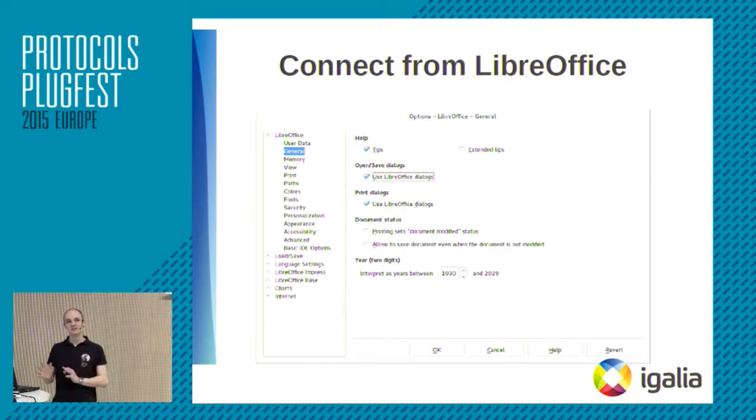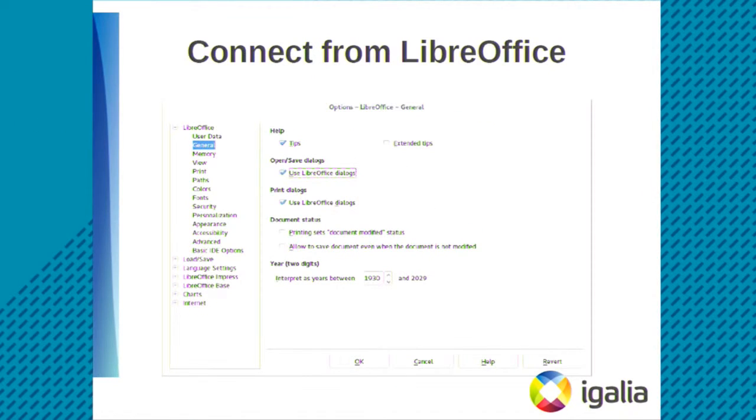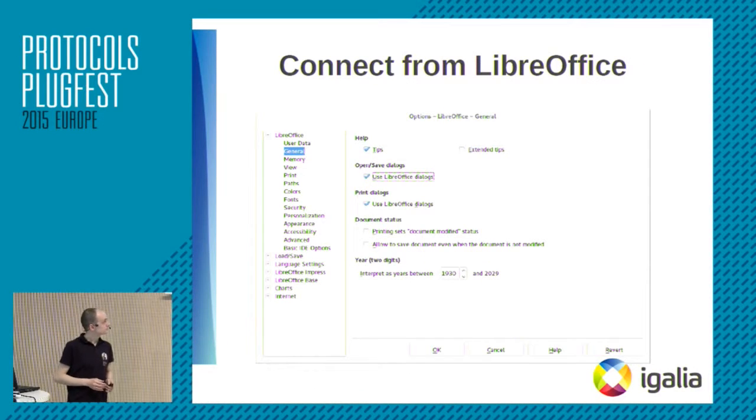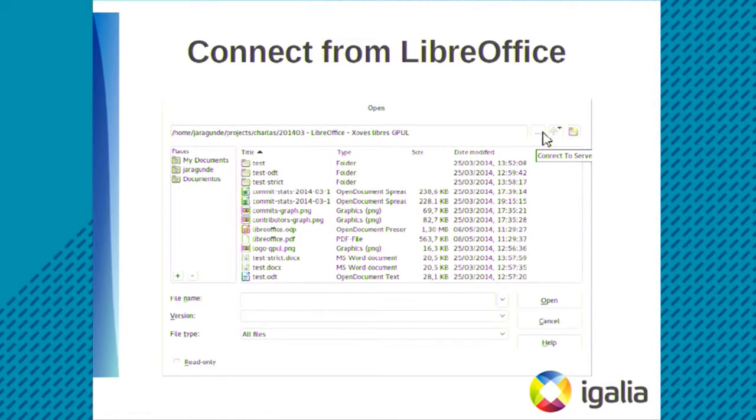But regarding the LibreOffice side of things, well, I must first give a disclaimer: the CMIS implementation is part of the LibreOffice custom file dialogues. So first of all, you have to check if they are enabled or not, and this is done from the LibreOffice settings screen. That setting, use LibreOffice dialogues, is the one you must check. Once you have enabled LibreOffice custom file dialogues, this is the file dialog you will find when you try to